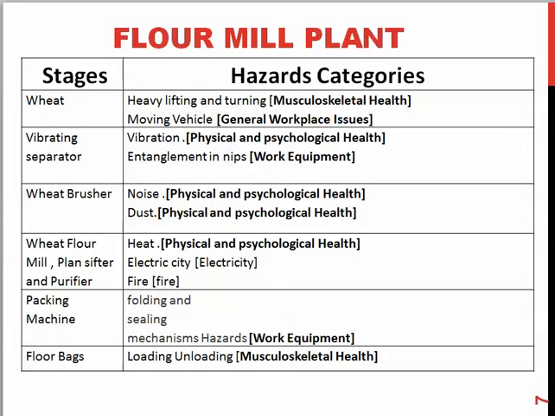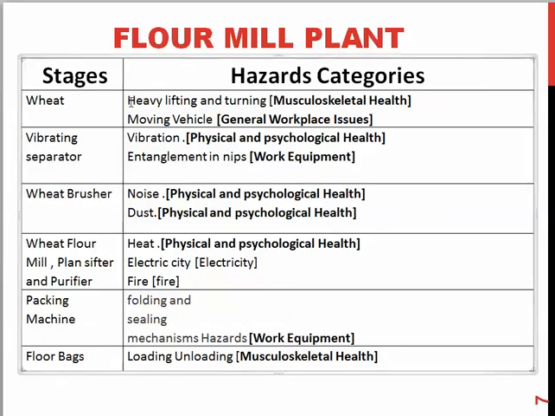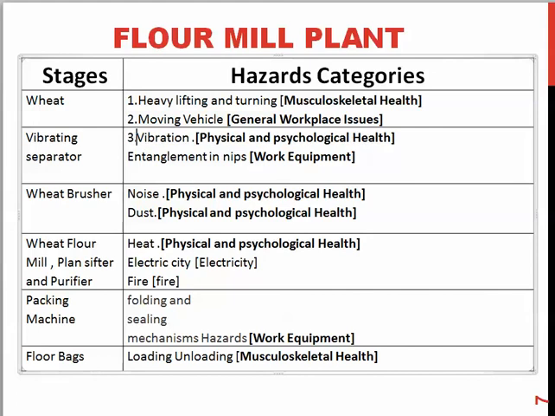So here guys, we have to number these hazards. Number 1 is wheat, heavy lifting and turning. And number 2, we have moving vehicles. So we have 2 hazards, and we have also covered 2 categories. If we come to the vibrating separator, there is vibration. So we have covered 3 hazards and also 3 hazard categories. And number 4 for the vibrating separator, entanglement and nips, is work equipment. So we have covered 4 categories in our 4